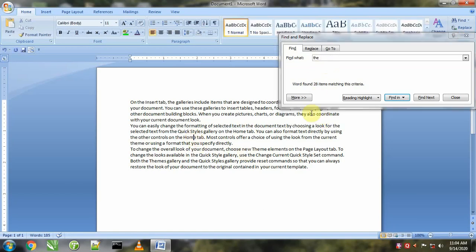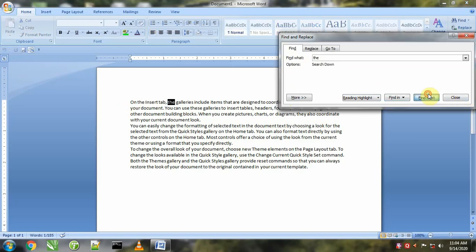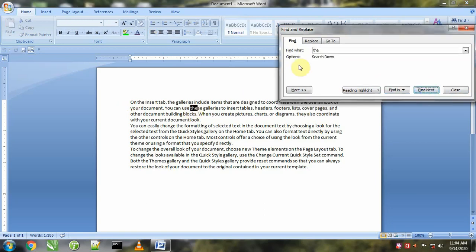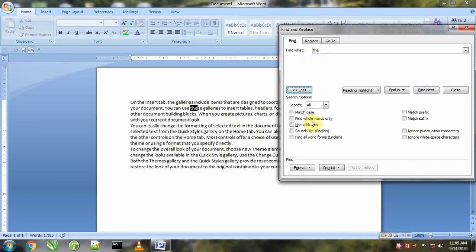Now one more thing is here. We can look here, it starts searching from here and it is searching the occurrence of the word "the" also, which is a subpart of some other words, like it is not "the", it is "these". So it's looking for this word's occurrence in some other words also, when it is a subpart of a word. If you want to stop it and search for the complete word "the", in that case we will go to more options and we'll say find whole words only. Now the whole word "the" will be searched in this paragraph.